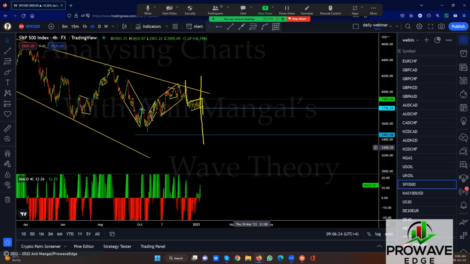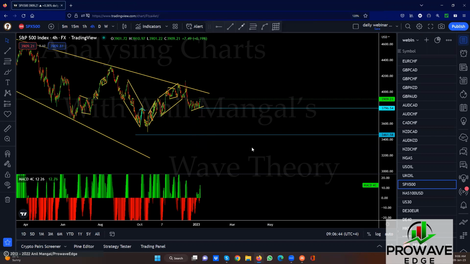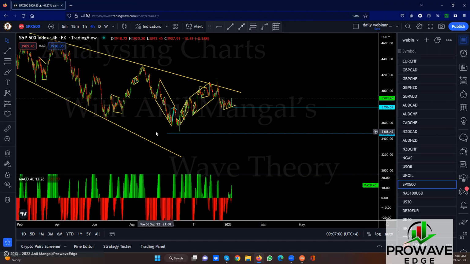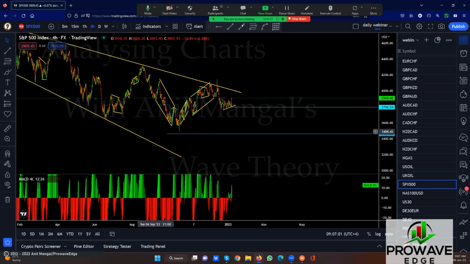1, 2, 3. This is a known pattern to us. We know the probability of that happening. What if it doesn't happen our way? Well, that's okay. Don't be worried about what you miss in that case. But if it goes the way you expect it to go, because you know that pattern and it's behaving exactly the way you want it to behave, well, then that's a problem. And then you should be worried, because sometimes you see that, but then it doesn't go. Here's a good example. We saw this.